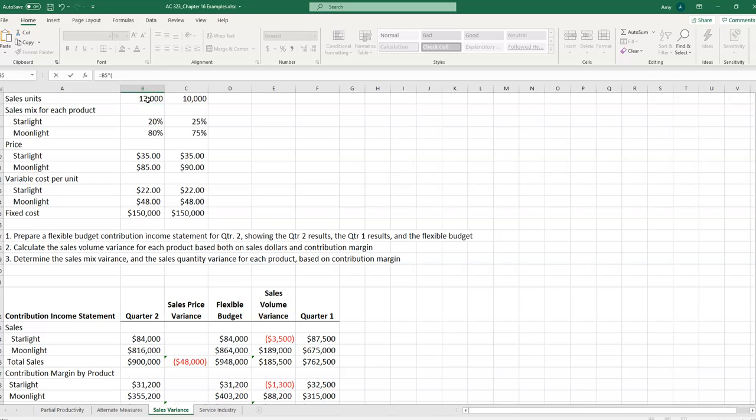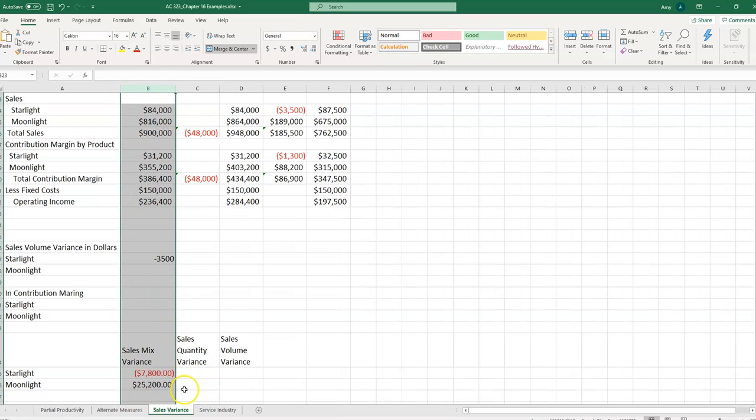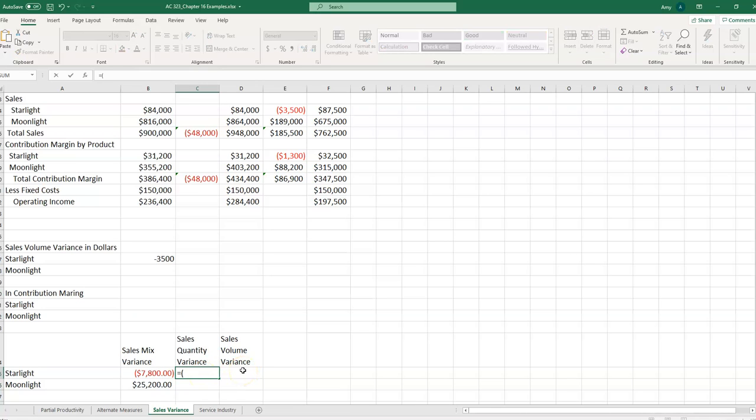times 80% minus 75% times $90 minus $48. We have a positive $25,200 sales mix variance. For our sales quantity variance, we're going to take